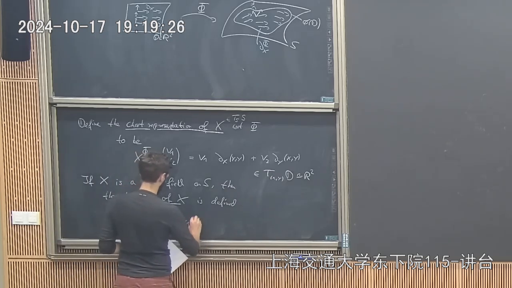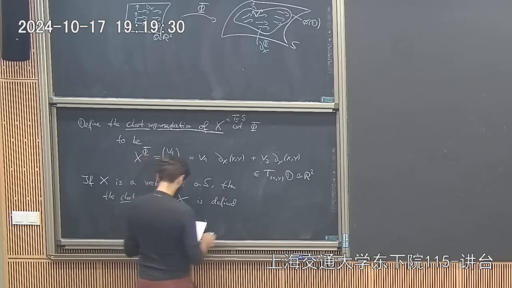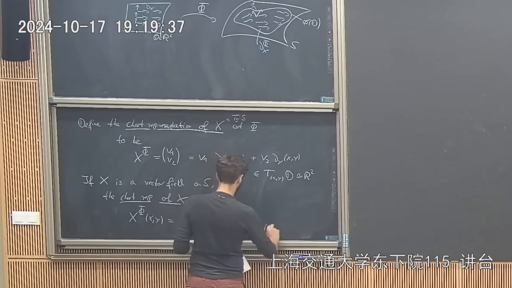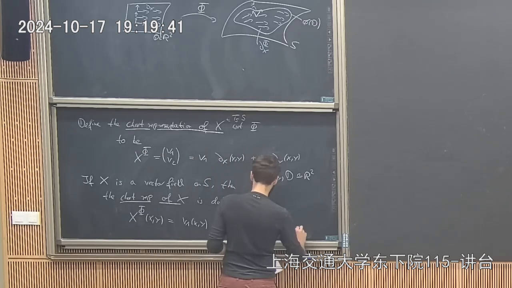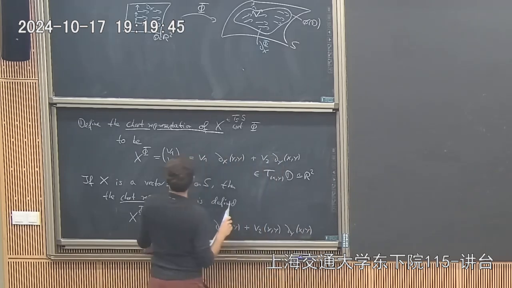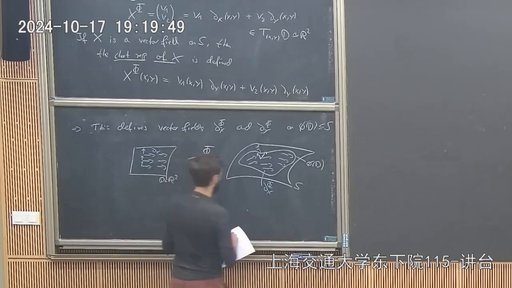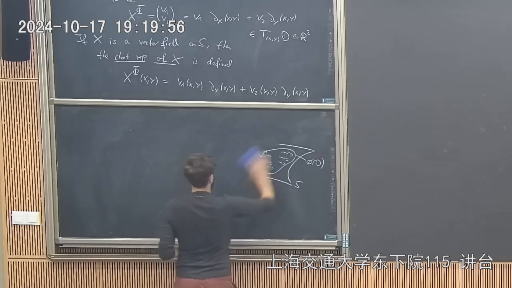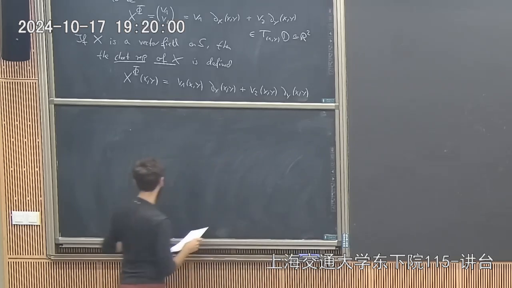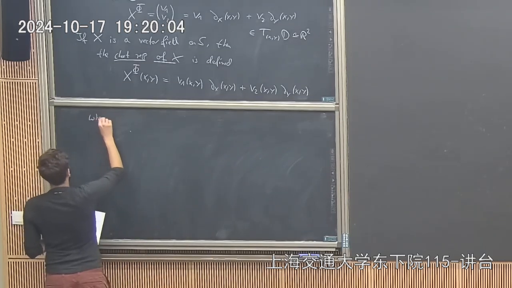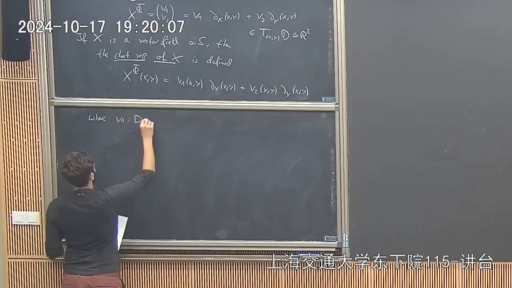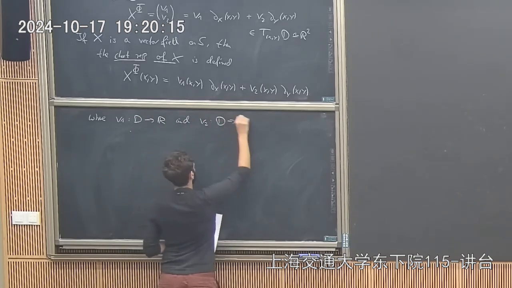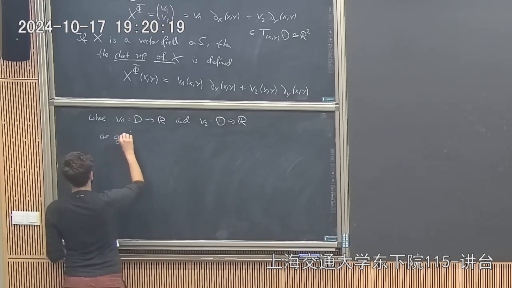So v1 and v2, which are now two functions on here, are given by